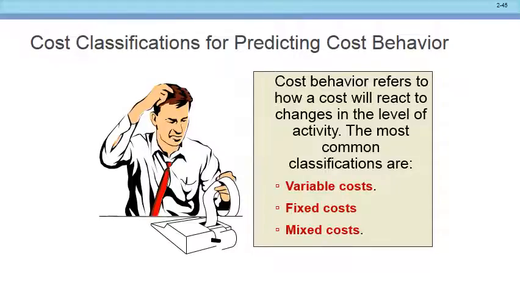Go back to the sandwich example. Is the bread in a sandwich a variable cost or a fixed cost, do you think? It is a variable cost because the more sandwiches I produce, the more bread I have to use, right? Okay, so if the bread costs me $1 per sandwich and I produce one sandwich, what's my total variable cost? $1. Okay.